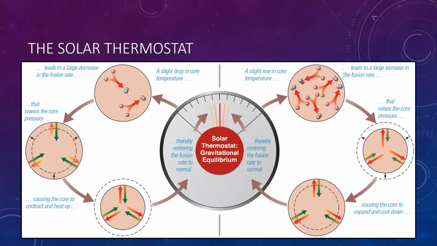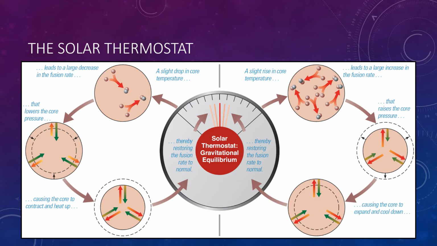So thus we have something called the solar thermostat. Nuclear fusion is the source of all the energy the sun releases into space. If the fusion rate varied, so would the sun's energy output, and the large variations in the sun's luminosity would almost surely be lethal to life on Earth. Fortunately, the sun fuses hydrogen at a steady rate, thanks to a natural feedback process that acts as a thermostat for the sun's interior. To see how it works, let's examine what would happen if a small change were to occur